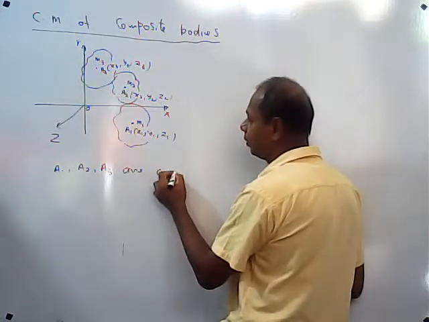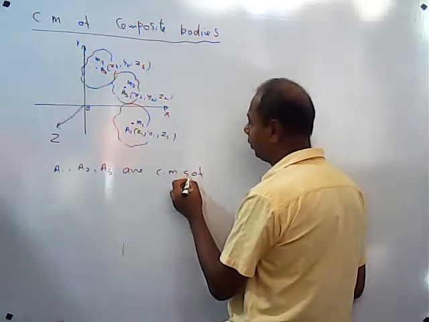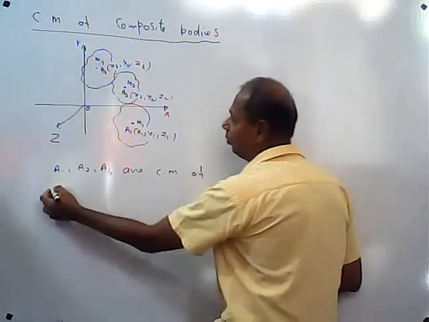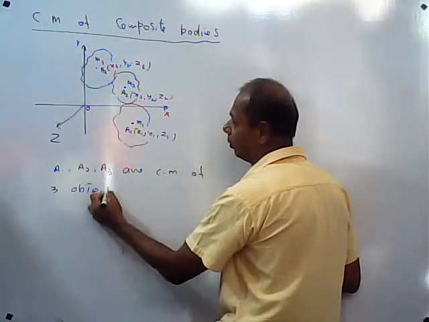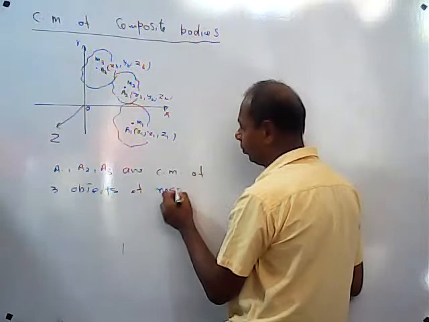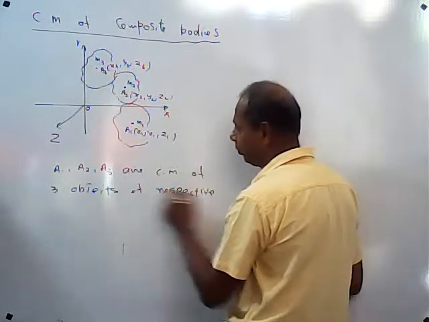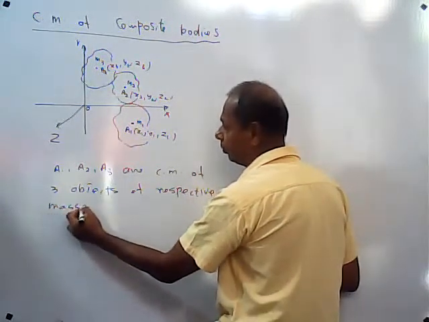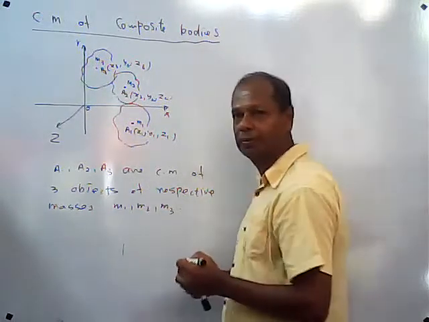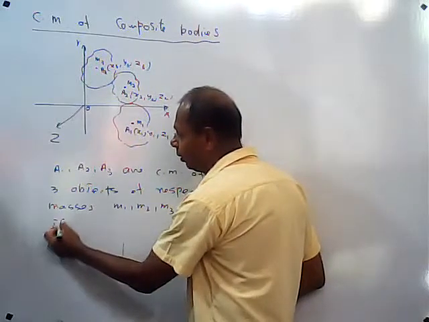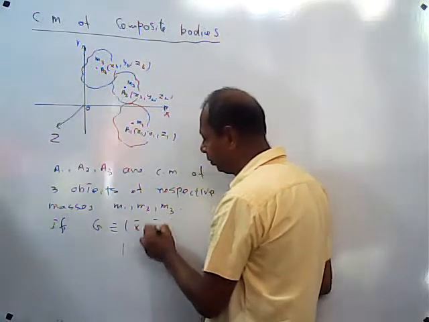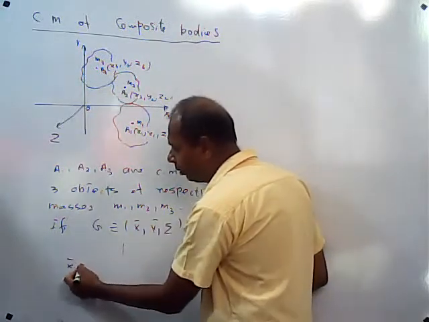The center of mass of the three objects of respective masses m1, m2, m3. If the center of mass is x bar, y bar, z bar, x bar will be given by